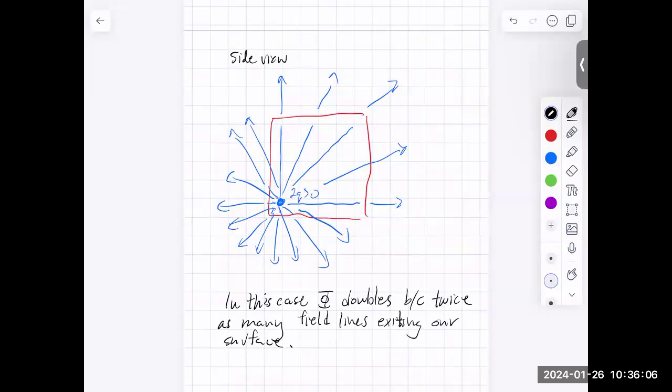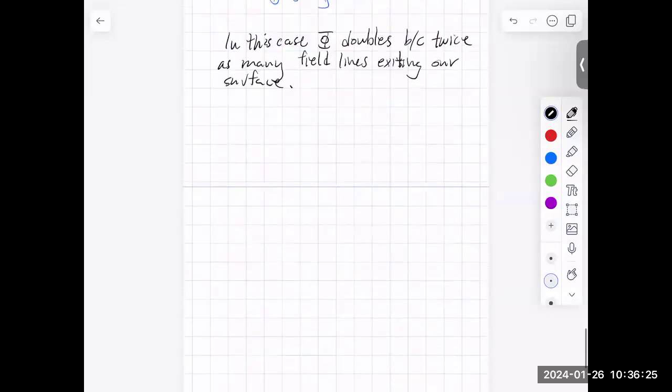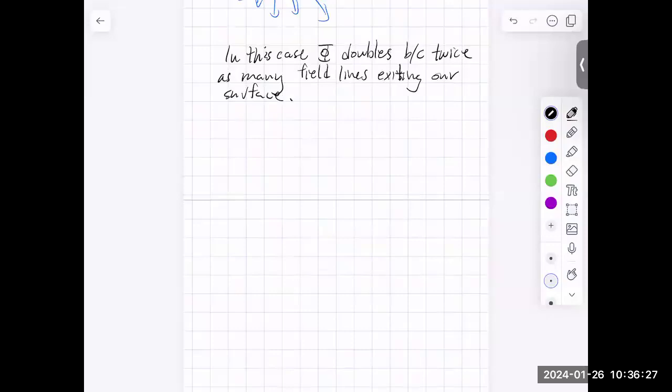So let's draw one more example here. And so what we're going to do now is we're going to keep Q in a closed surface, but we'll do some funny things, right? We'll make our surface a funny shape so that we can get some different sorts of effects. Okay, so the next thing we'll do is, what if we change the shape